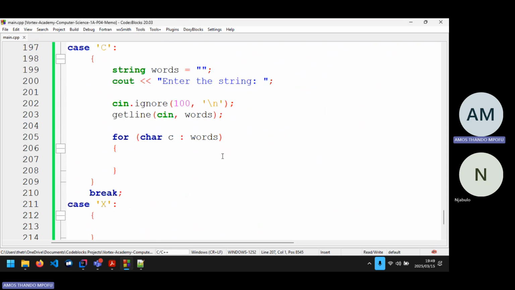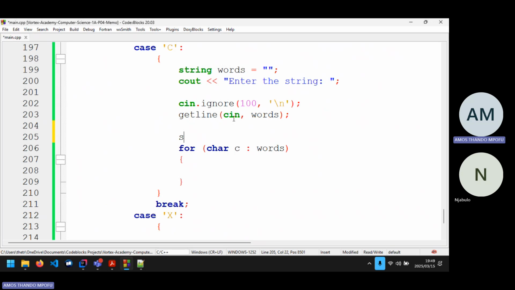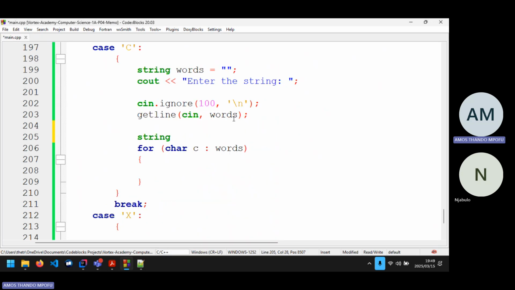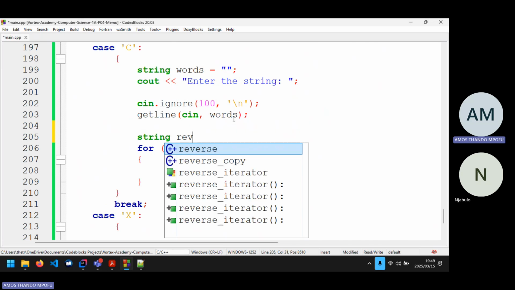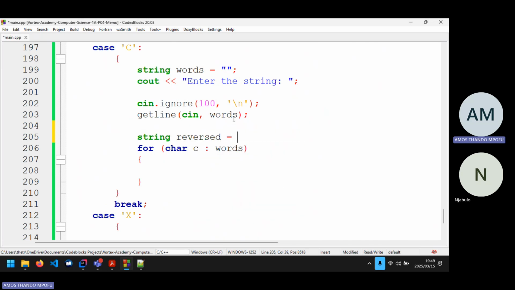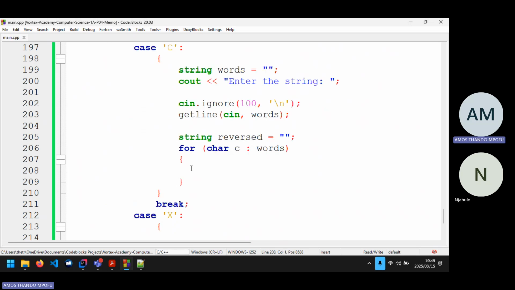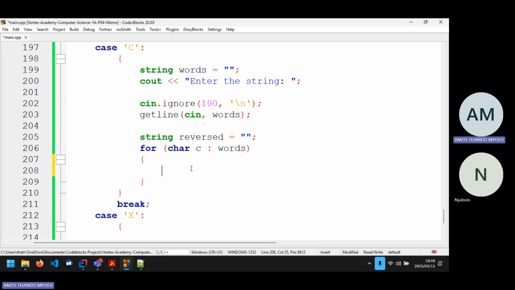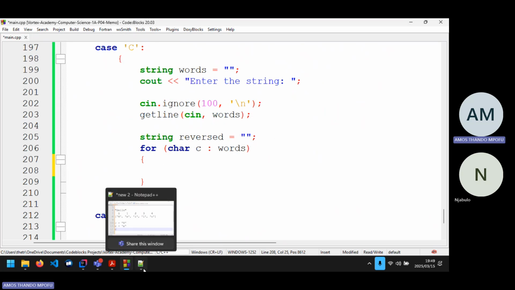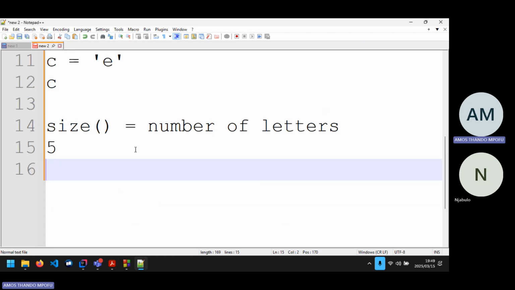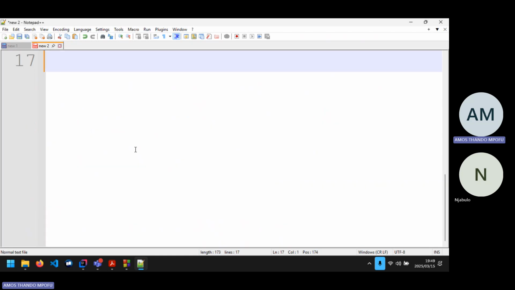So now how do we reverse? To reverse, we need to actually create another string here, we're going to call it reversed, right? It stores the reversed string, right? How am I going to reverse the string? Well, I would advise you guys go and do the diagram of this thing and try to picture it one by one. So to reverse a string, I'm going to use something that we call in coding